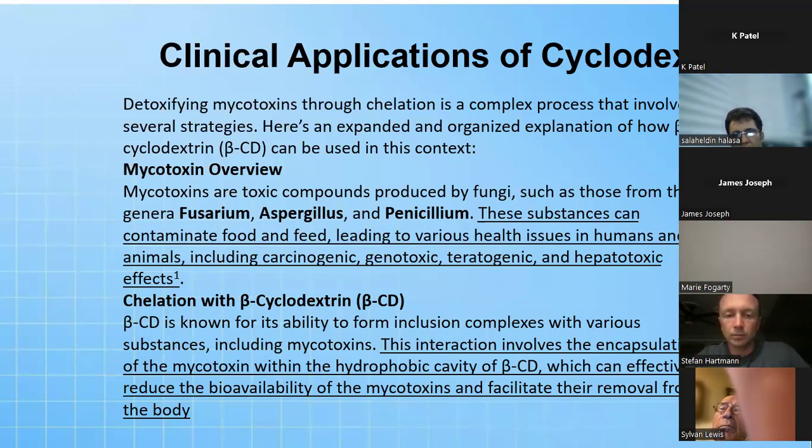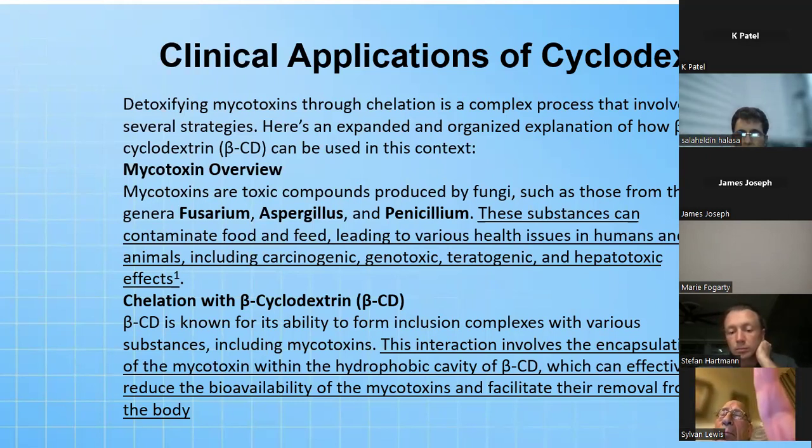Clinically, you can use it for patients to get rid of the mycotoxin in the body that's already circulating in the blood and the tissue, and also you can use it in the food industry, and also in fishing tanks as well, along with methylene blue, to clear those feed from mycotoxins. Chelation with beta-cyclodextrin is known for its ability to form inclusion complexes with various substances, including mycotoxins. Again, it also leads to